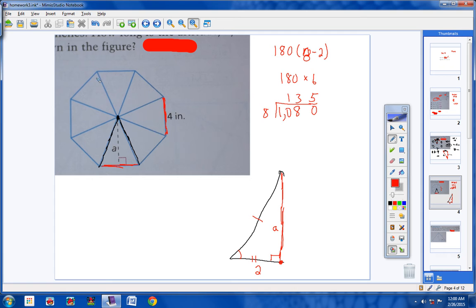So please watch carefully, students. This whole angle from here to here is 135. That means this whole angle here is 135, okay? Now, if you guys can think about this, please. If all of these triangles are congruent, which is said, then this angle here is congruent to this angle here, and this angle here is congruent to this angle here. So if this whole angle here is 135,